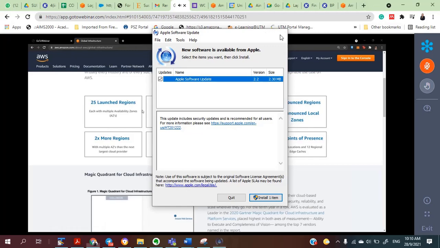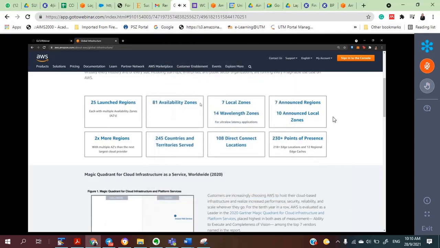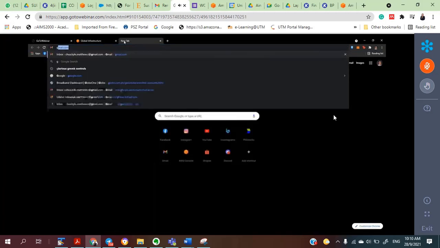is made up of regions and availability zones. Hold on, let me look for a more interactive